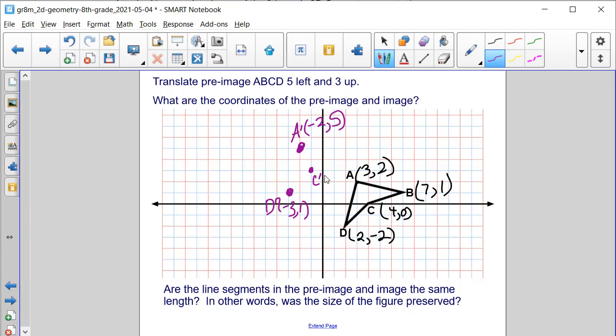So C prime is at negative 1, 3. And then point B, 1, 2, 3, 4, 5, and up 3, 1, 2, 3. So B prime is at 2, 4. And if we connect all these dots with straight lines,